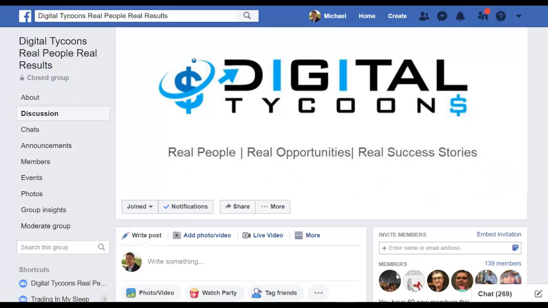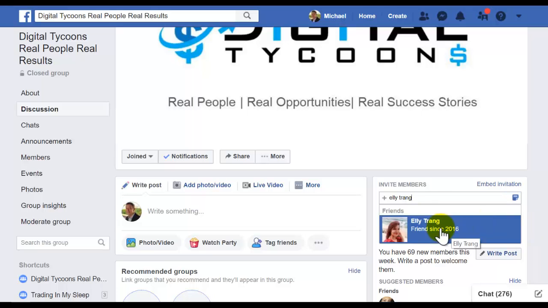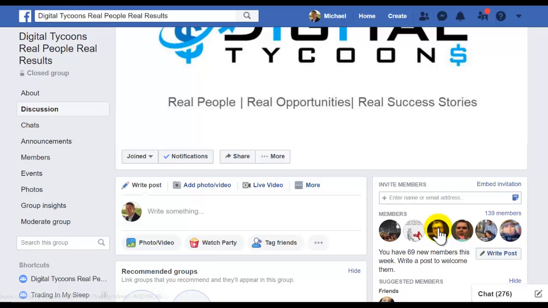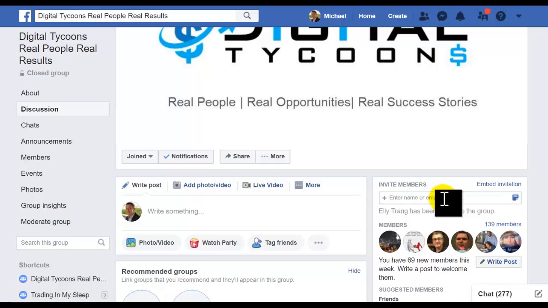So how does it work? You can approach this from two different strategies. One is called ATM: add, tag, and message. So you could add a person to the group. I could do a search for one of my Facebook friends, and basically it comes up with that person, and I can add them to the group. She's now being sent an invite to the group.